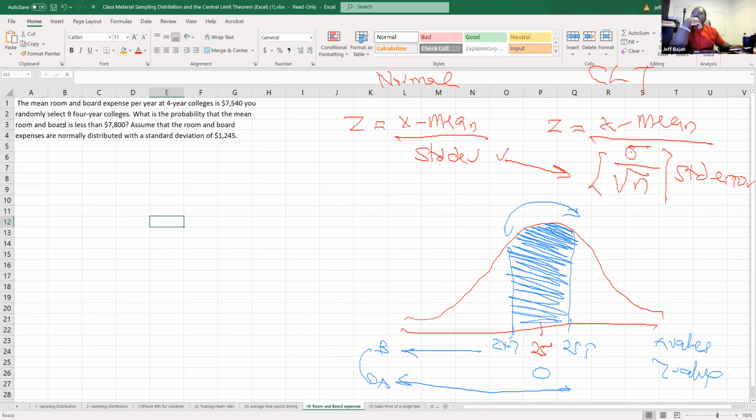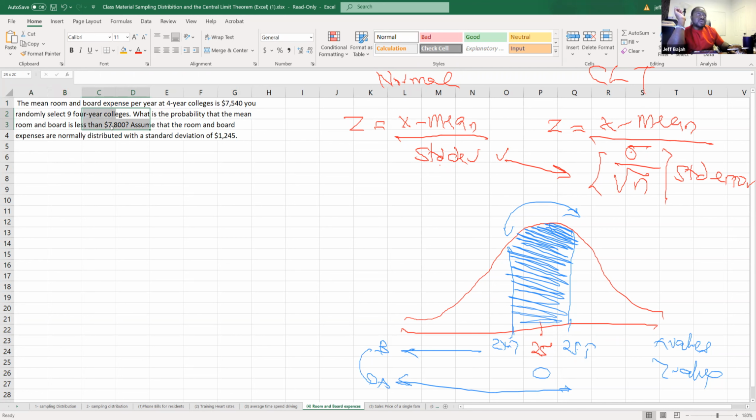All right, so let's look at this one and try to solve this question. It says that the mean room and board expenses per year at 4-year colleges is 7,540. You randomly select 9 colleges. What is the probability that the mean room and board is